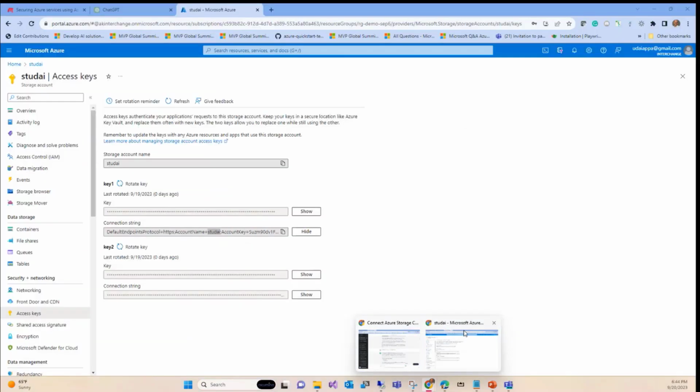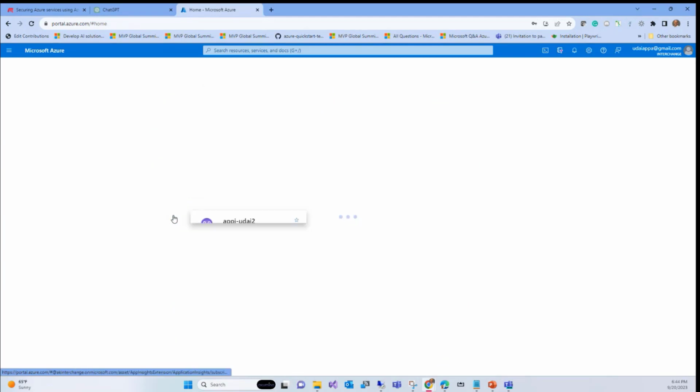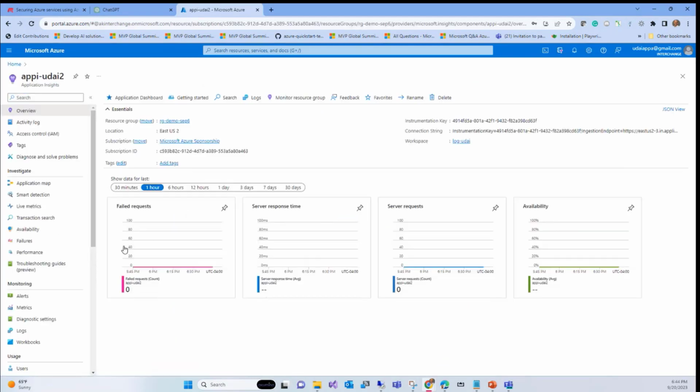So I go back to my service here. How do you disable the local auth? You will have to use PowerShell to disable the local auth. For App Insights, this is kind of fancy. If you have client metrics coming from your browser, then this approach is not going to work. You want to ingest data from your client, right? Your activities, which you do via the browser and some JavaScript, then this approach is not going to work. The client is always going to run on someone's browser, which is an uncontrollable environment.